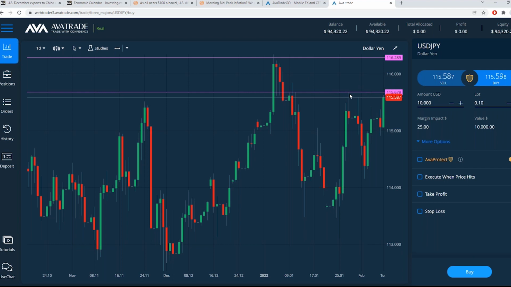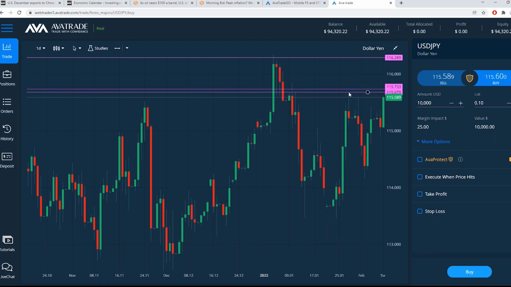You could look fundamentally and say, okay, it's not a huge momentum today. There's no guarantee it's going to break this resistance. But what if you put a pending order up here? I'll draw another line just beyond this resistance, like right there.